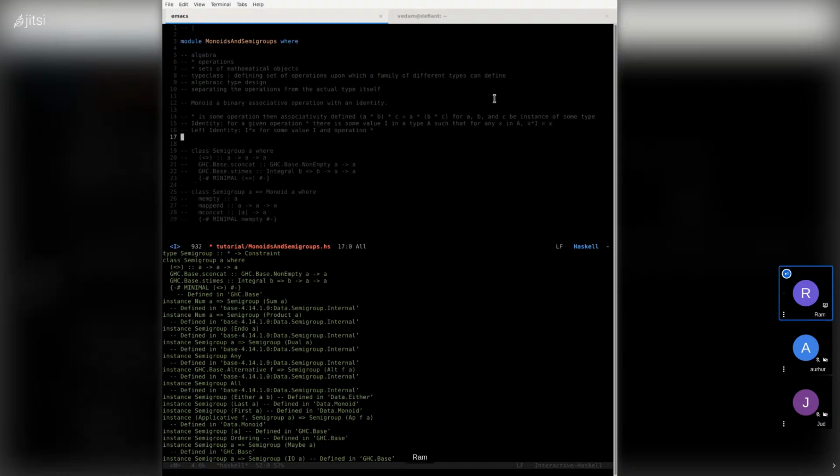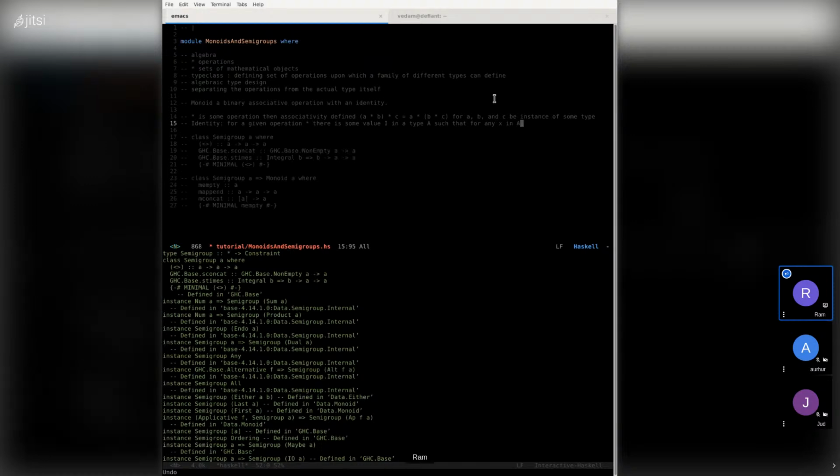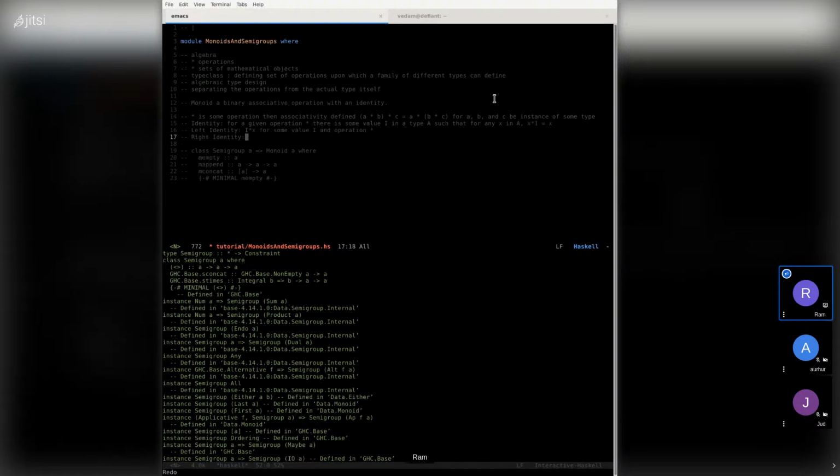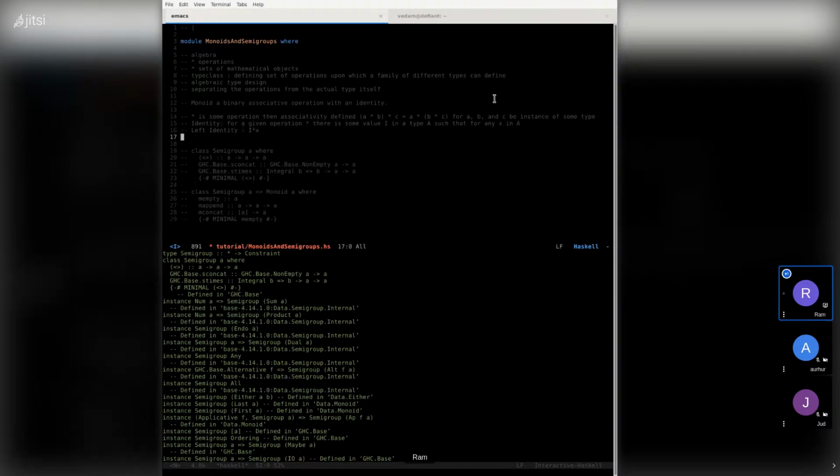And right identity is what I just showed you earlier. Left identity is I star x.